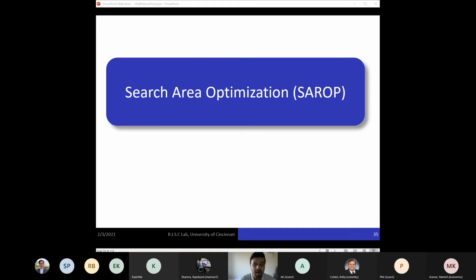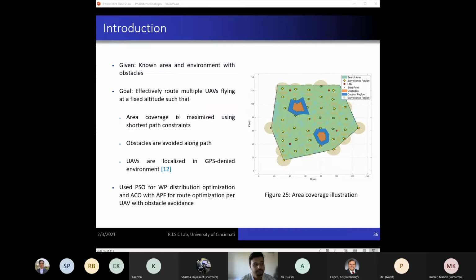Next, we talk about the area coverage problem for search area optimization. During the course of this project, our main aim was to explore, understand, and use evolutionary algorithms to solve optimization problems. We were able to develop a sense of cost function and constraint construction for evolutionary methods, or gradient-free methods, while working on this project. Even though this problem could have been addressed with classical techniques such as MILP, we explored PSO, ACO, neural networks, that is particle swarm optimization, ant colony optimization, and neural networks, etc. over the duration of this project.